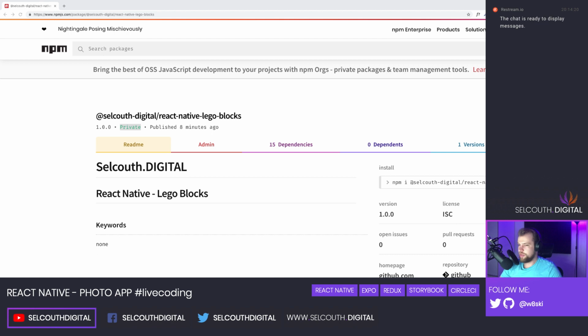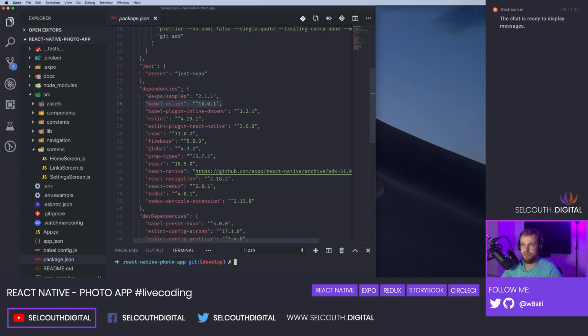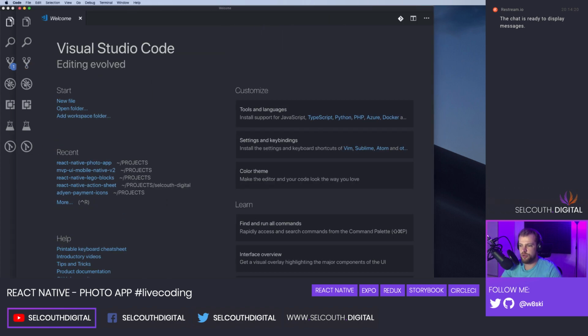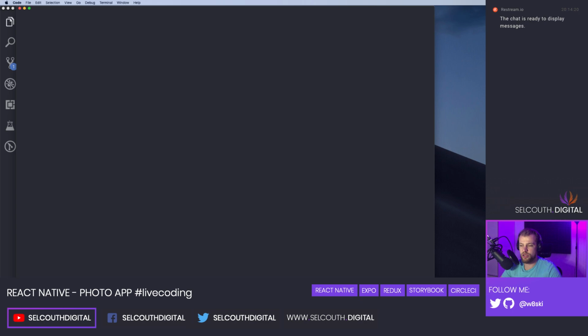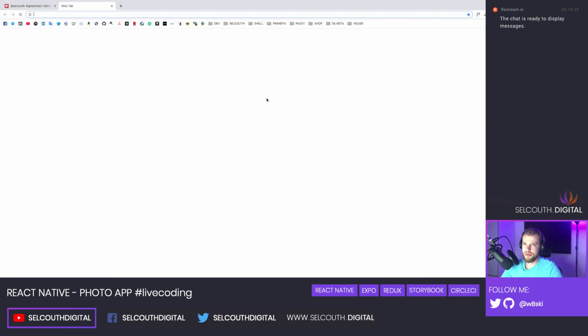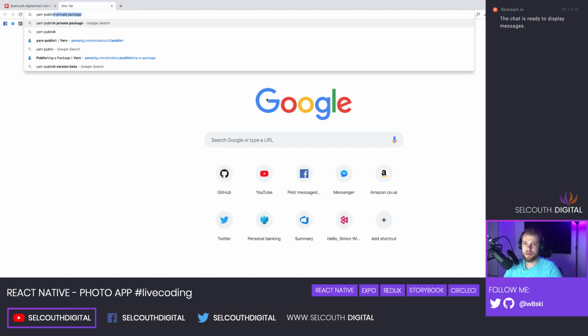Okay, cool. So we are back. Anyway, so this is the problem. What we have to do is tell npm that this package is not private; it's actually public, and that we want it to be enabled for the public. So we have to go back to our Lego blocks app, and just as a reminder,